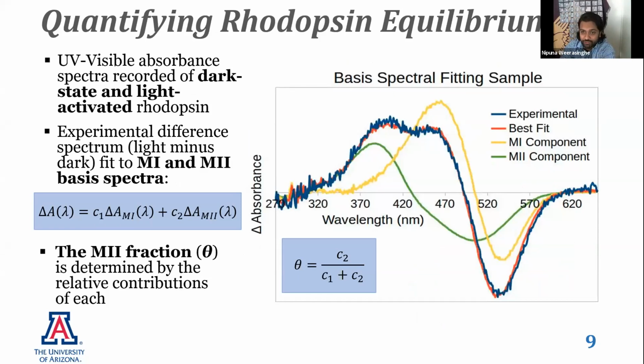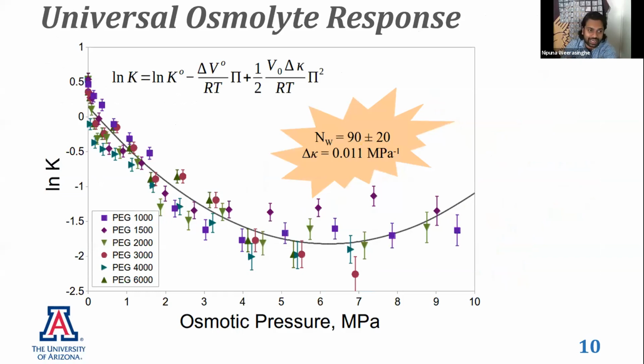Then we obtain the absorbance spectra of the light exposed rhodopsin, and then we obtain the difference spectra, and we fit the difference spectra with the M1 and M2 basis spectra. By using this information, we calculate the fraction of meta 2. And then we plot our data